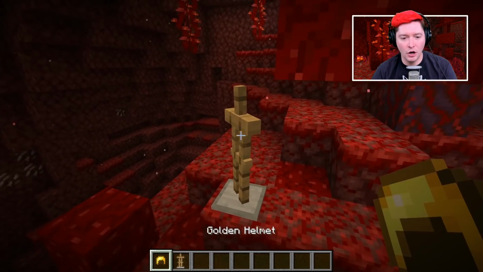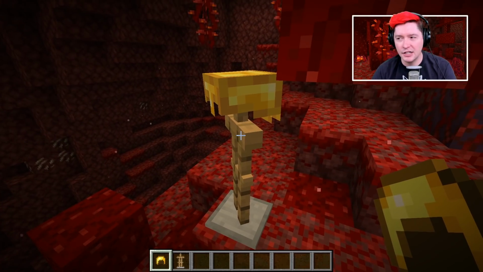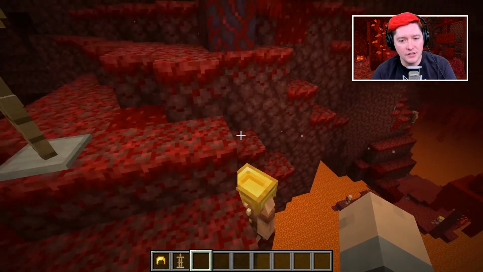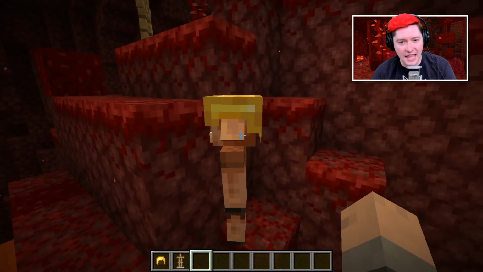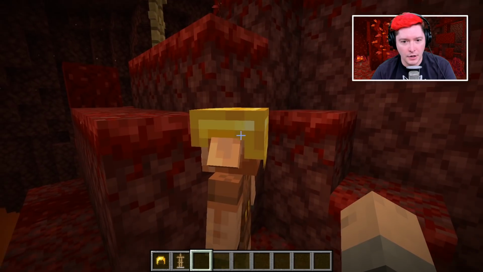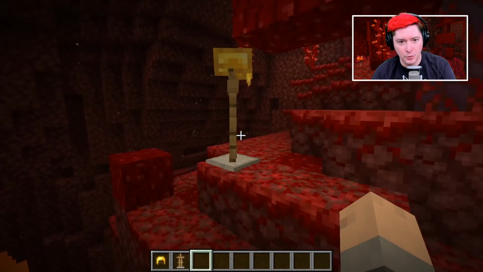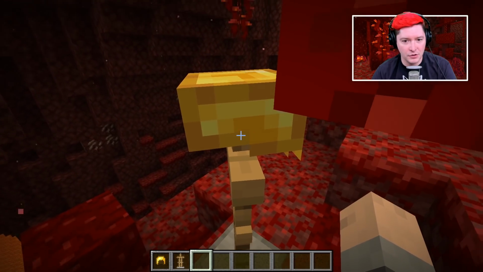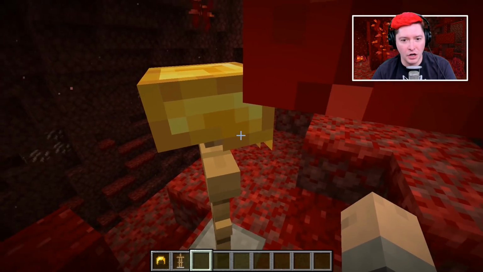Now, if we throw down an armor stand and put that same helmet texture onto a stand, you can see that there is not a hole that is that large. So you can see that we go down 1, 2, 3 pixels, and then that's where it stops. But over here, you go down 1, 2, 3 pixels, and you still have a whole bunch of armor left